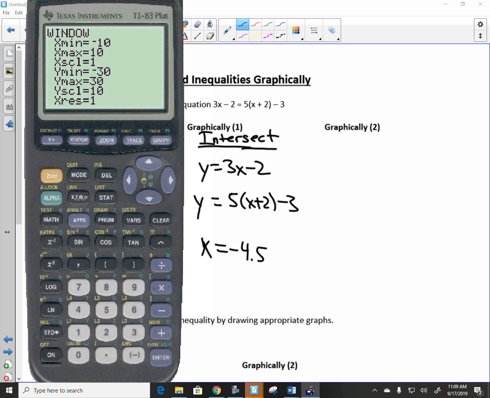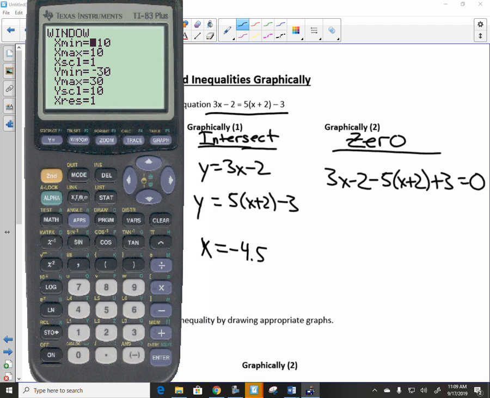All right, there's a second option you can use, and the option is to use your 0 option. And what I do for the 0 option is I actually zero out the equation. So 3x minus 2 minus 5 times x plus 2 plus 3 is equal to 0. So if I go into y equals and I type in 3x minus 2 minus 5 times x plus 2 plus 3,